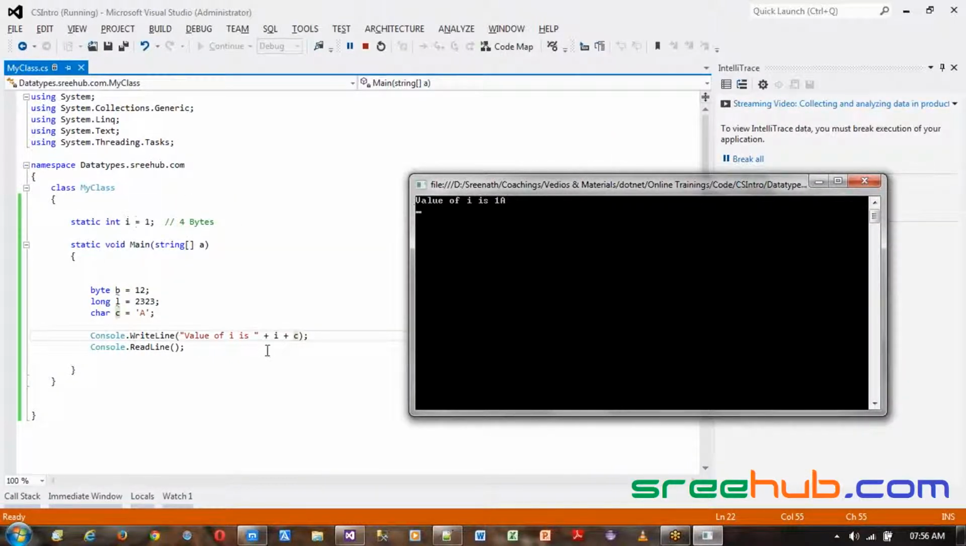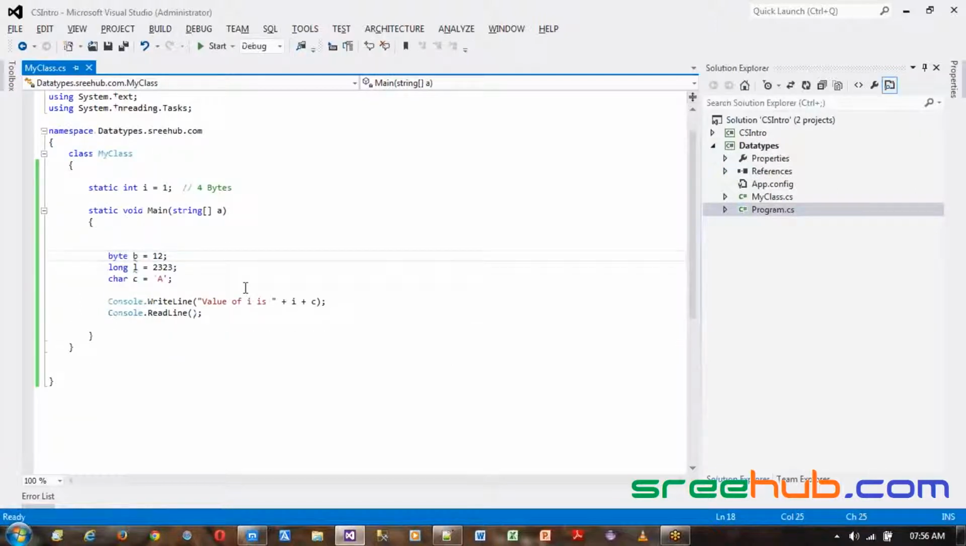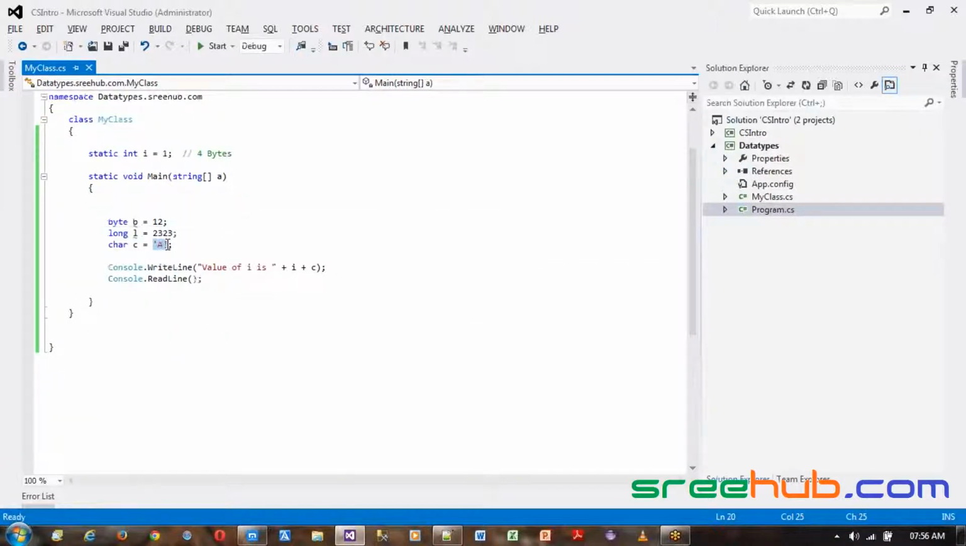1 is nothing but your I value, and C value is A. Right? So whenever you read C, it won't give you quotes. Quotes are only to make my .NET program understand that I am giving a character. That is your A. Fine. Same way, let's take an example of